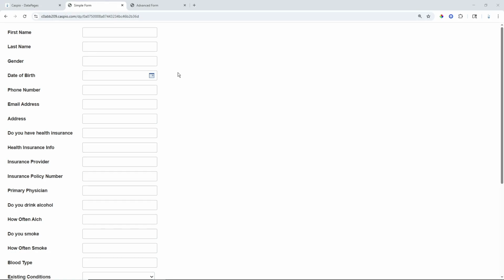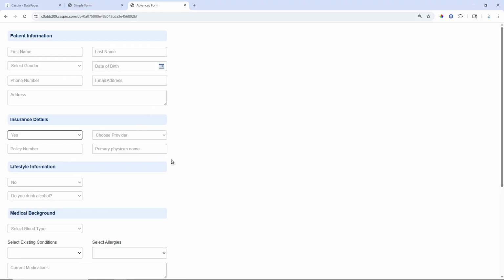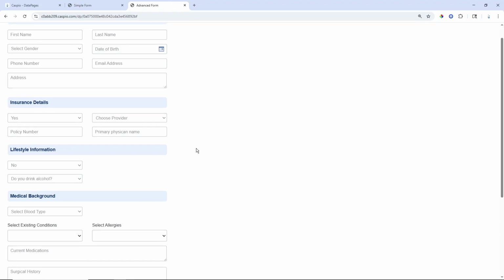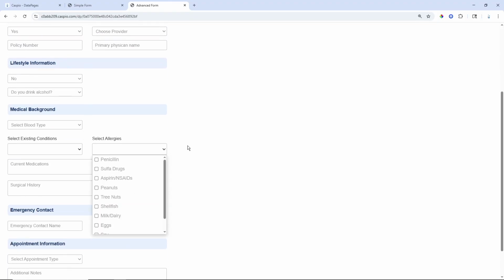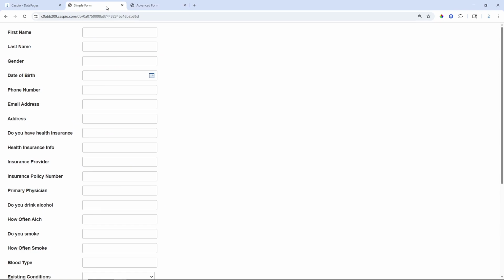In this video, we'll show you how to take a simple Caspio form built with the Bridge framework and turn it into a more advanced form that has headings, dropdowns, text areas, and conditional rules applied where you can show and hide elements based on prior input. We have multi-select checkboxes and many other useful elements. So this will be a step-by-step guide showing you exactly how to take this form from being very simple into